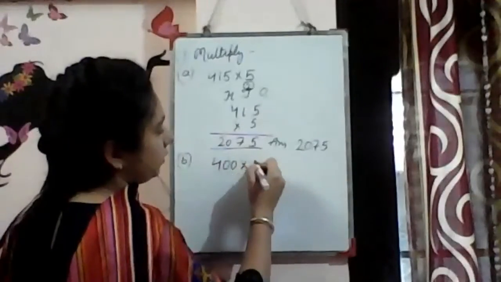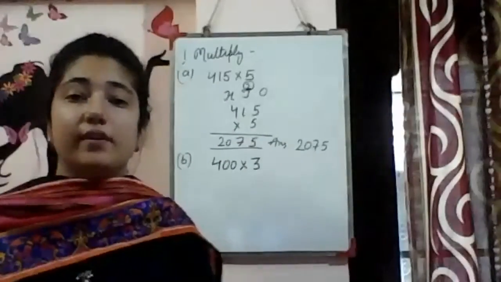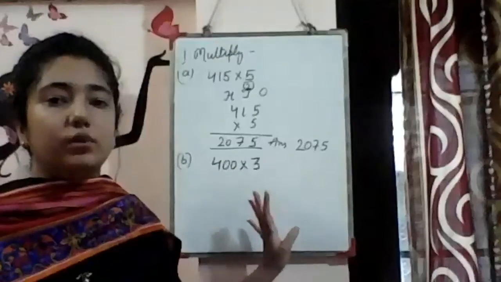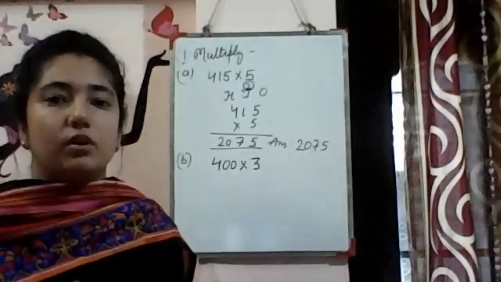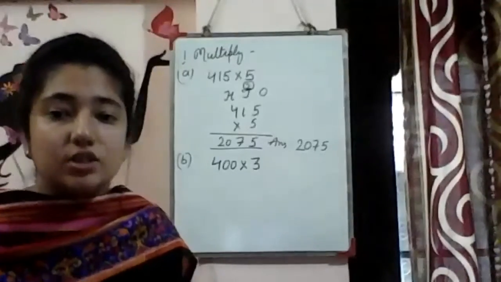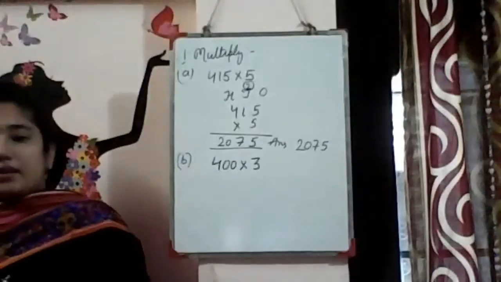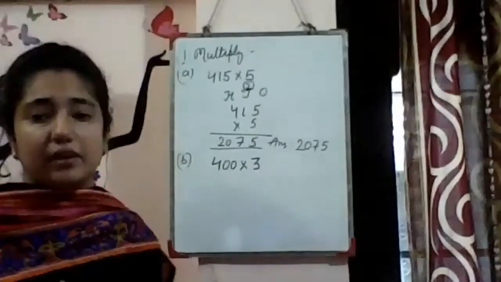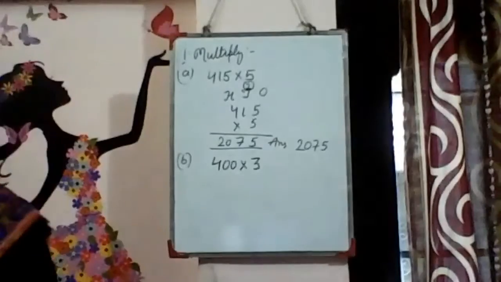400 by 3. And you will answer this sum bache within 1 second or within 2 or 3 seconds. For this you don't need to do calculation. Just write quickly your answer in the chat box. 400 by 3, because already I have told you the shortcut method. Yes, Bishti, Angel, Naval, Tanisha, very good. Most students have written. Pavika, Anish, Vidhan, good. Parisha, yes.